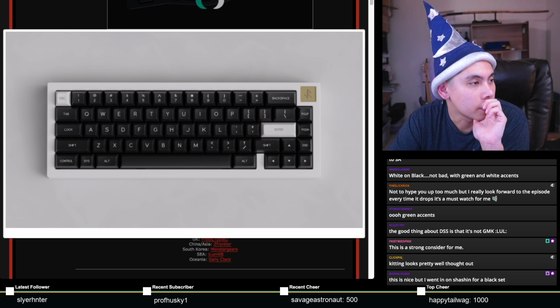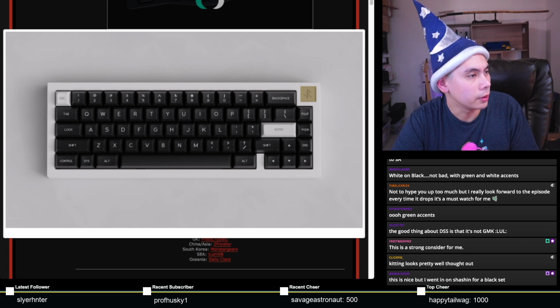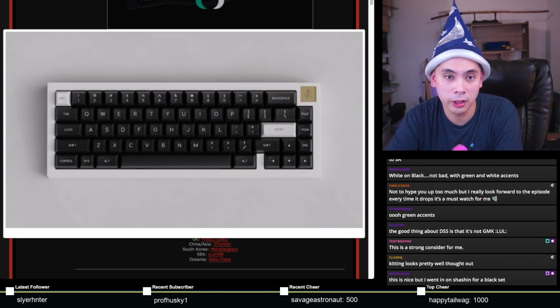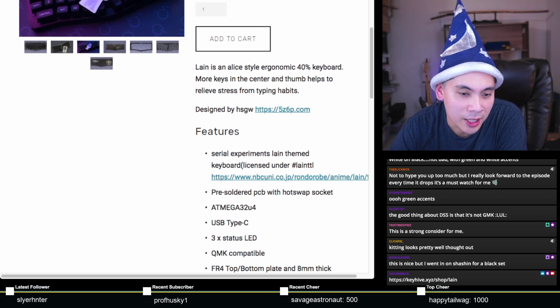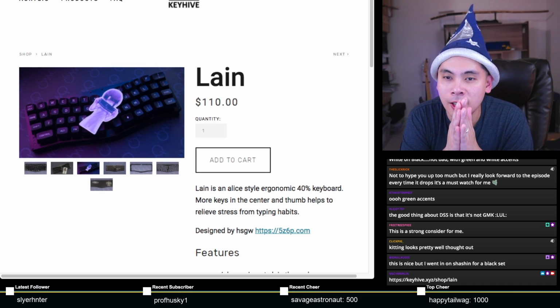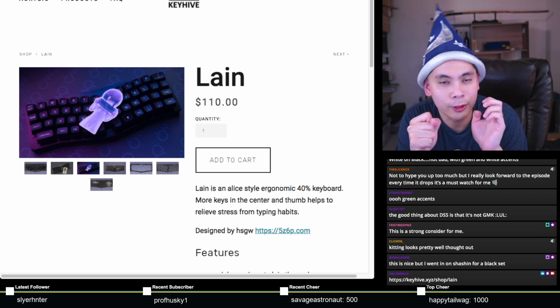Let's talk about keyboards next. One keyboard that is starting this week, actually started this morning, I believe. Here we go. This is the Lain. And if you're wondering why it's called the Lain, it's because it's inspired by an anime called Serial Experiments Lain. This is actually one of the animes that a friend of mine recommended and said, hey, I think you will really like this. So I watched